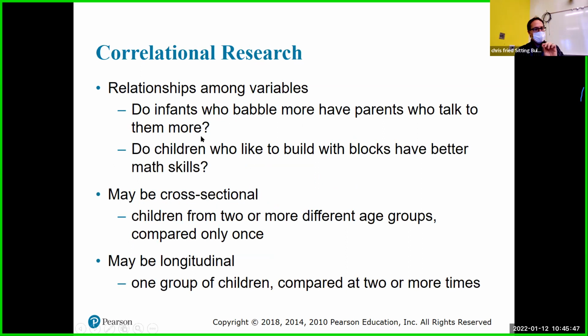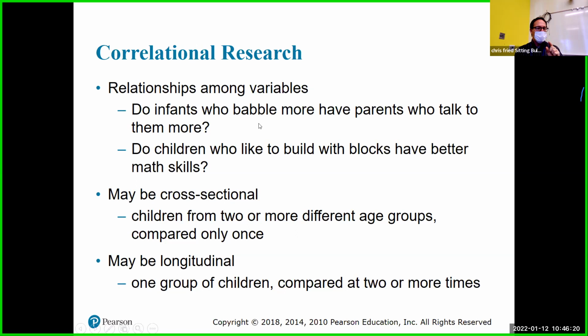So I'll spend a little bit of time on this. We talk about research in early childhood. To figure things out and to understand things, you have to do research. Don't think of it as a science experiment, but like studying children. Why do they do things the way they do, right? So here they talk about correlational research. If we talk about correlational research, it's like why do things happen? If we talk about variables here, is there a relationship between things?